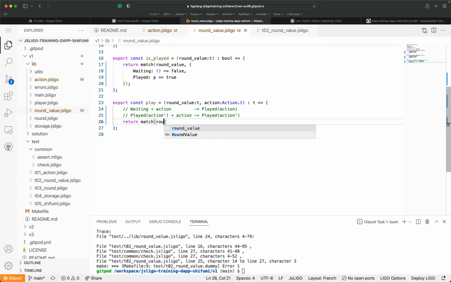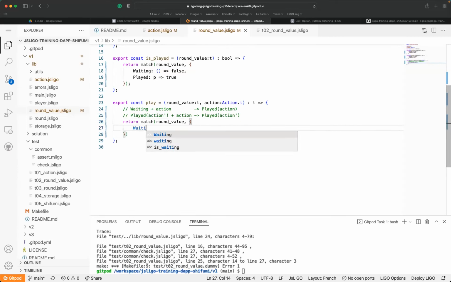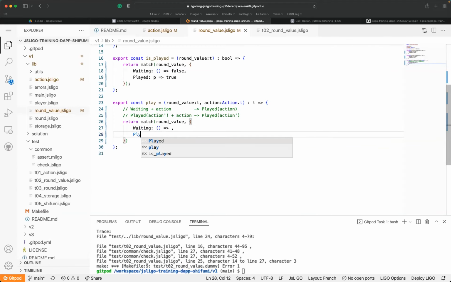So we're going to match the run value, and this run value can be awaiting or a played with my action, which is A. Okay, so once I'm in a waiting state and I receive an action, I can say, okay, I'm in the played state with the action.